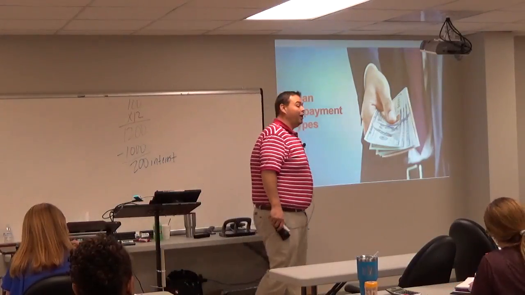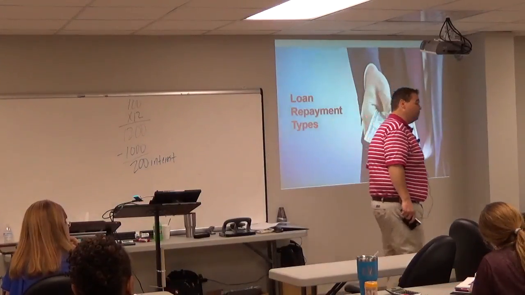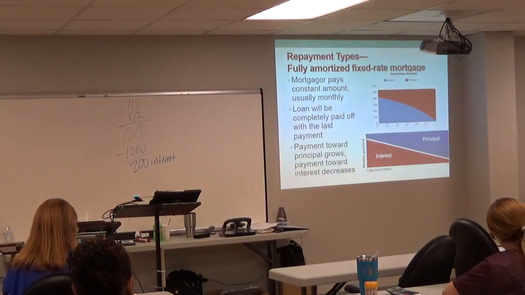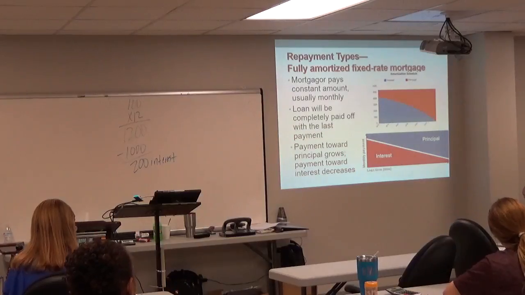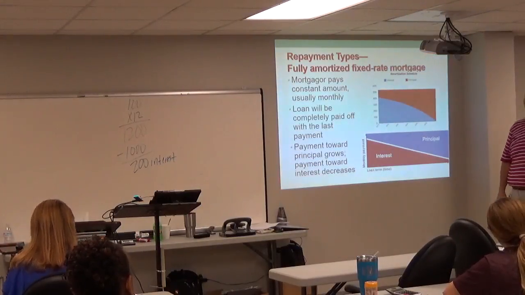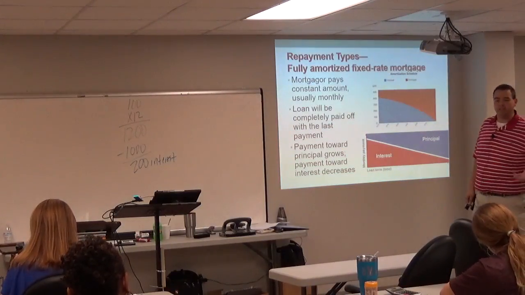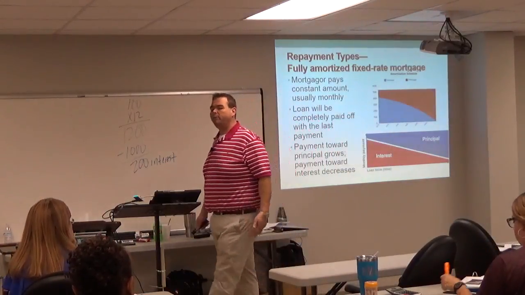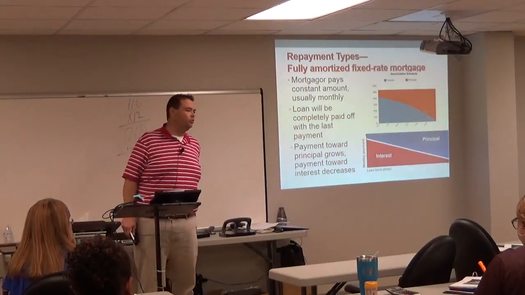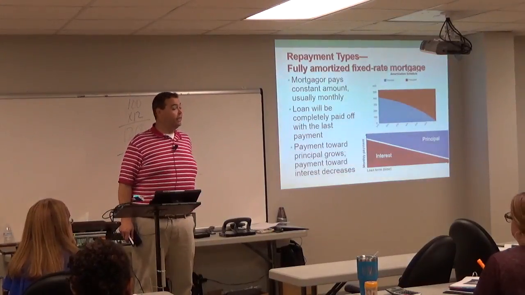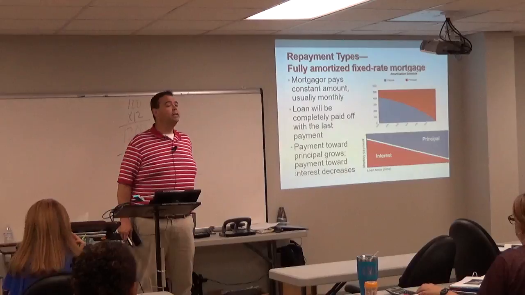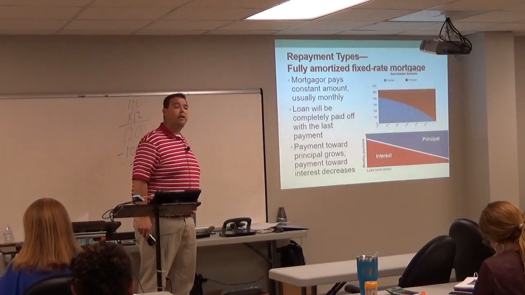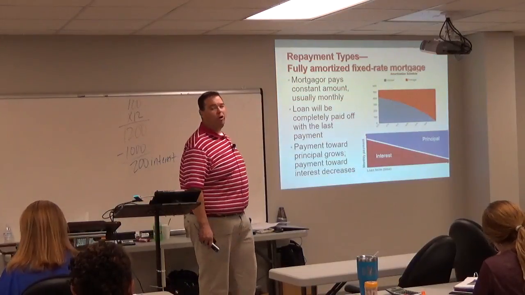Still wrapping up, we haven't finished chapter 14, and then we have to go into chapter 15. Some different types of loan repayment plans. The most common one is called a fully amortized fixed rate mortgage. Remember, we talked about fully amortized last night. What do we say it means when something is fully amortized? Zero balance. At the end, you owe how much money? Zero, nothing. Because your payments are high enough that you are going to pay it all the way down to zero,